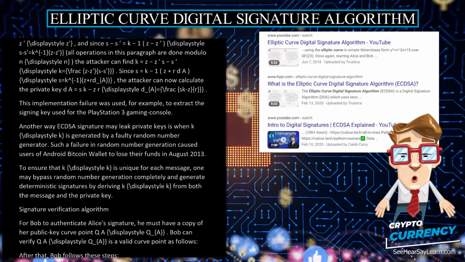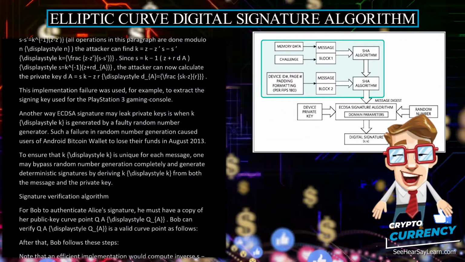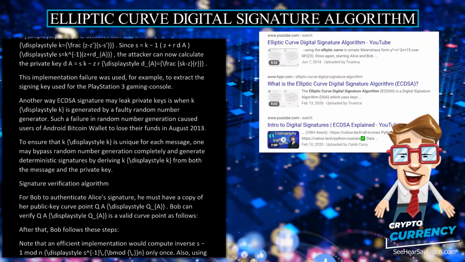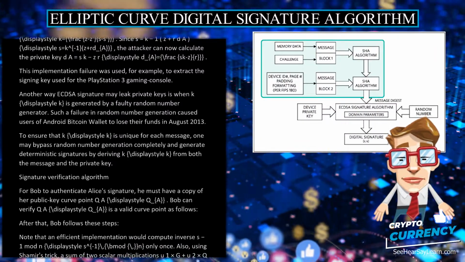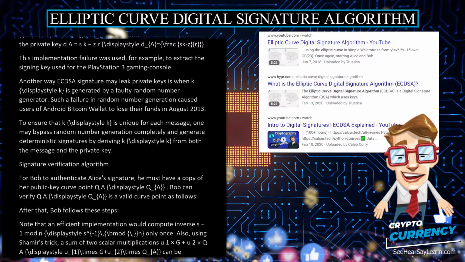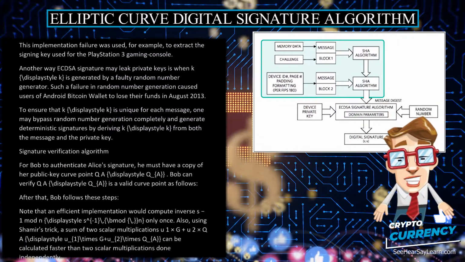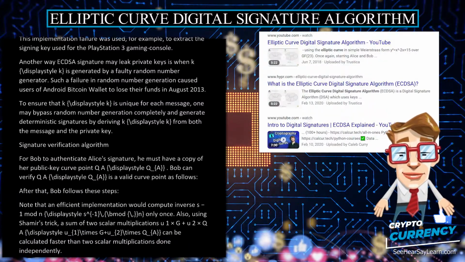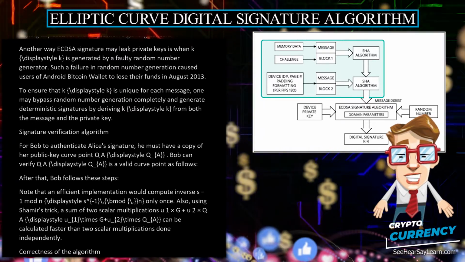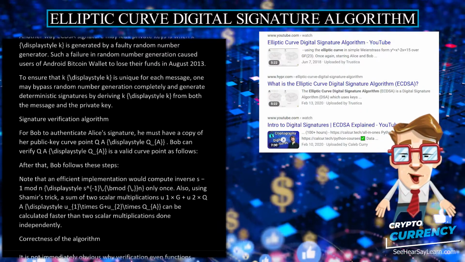The attacker can find k equals (z minus z') divided by (s minus s'). Since s equals k to the power of minus 1 times (z plus r d_A), the attacker can now calculate the private key d_A equals (s k minus z) divided by r. This implementation failure was used, for example, to extract the signing key used for the PlayStation 3 gaming console. Another way ECDSA signature may leak private keys is when k